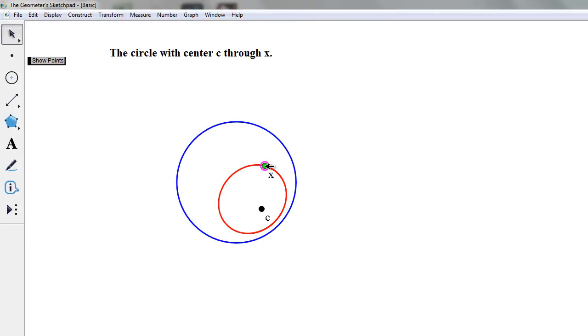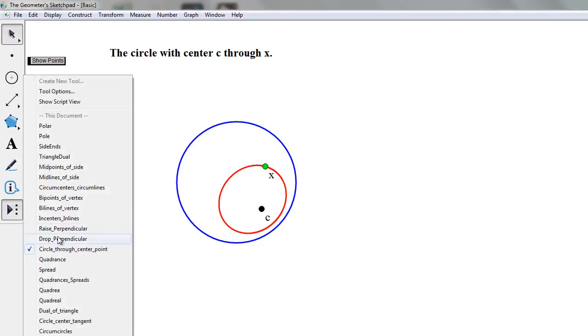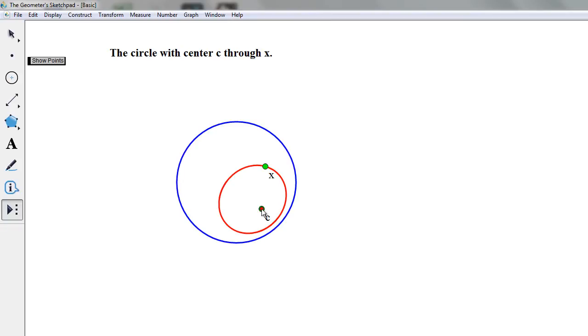Alright, there's one more thing we'd like to know, which is what is the quadrance between X and C? Well, there is another tool here, very conveniently, that tells us what the quadrance is. If I click that one and then that one, I get this little box coming up, which is not very big, so let's make it a little bit bigger. And perhaps we'll move it down here.